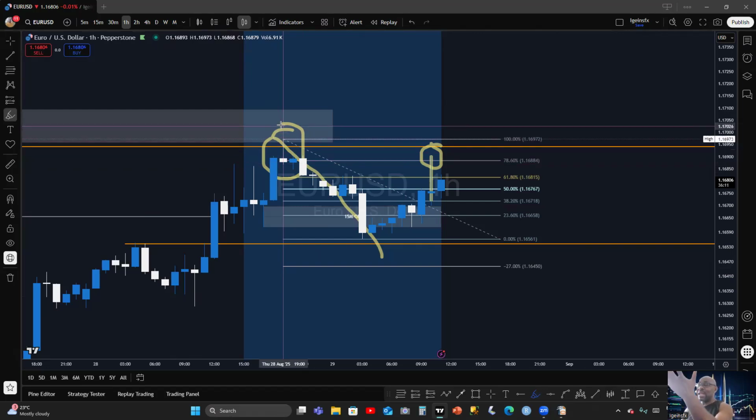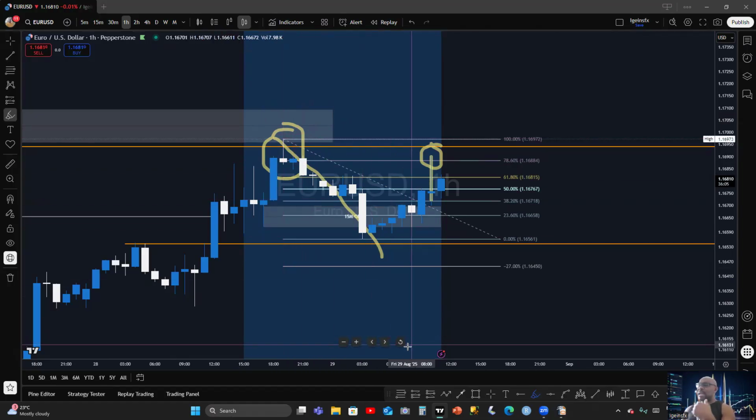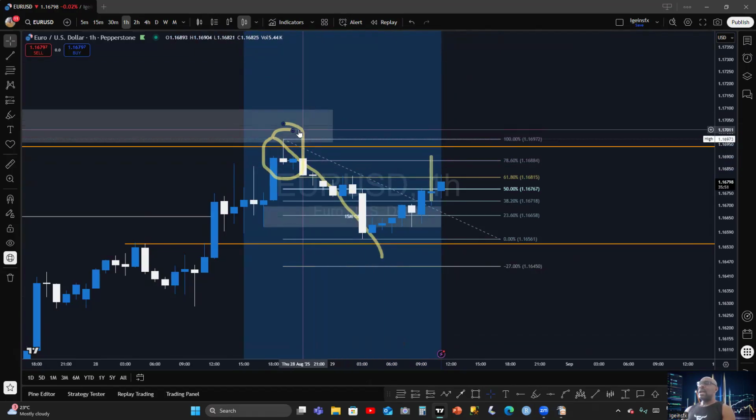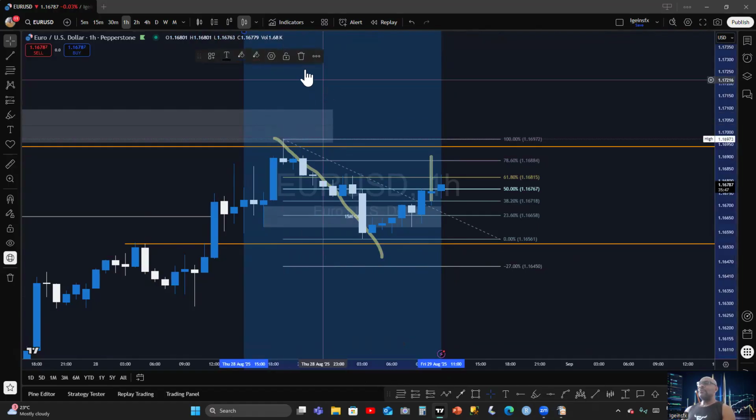Once you know that it appears at a resistance level, you just go, okay, it's time to sell. If it appears at a support level, oh, it's time to buy. You know that, okay, sellers are in the market or buyers are in the market. So it's like that. As simple as this, guys. You don't need to stress yourself. All you need to do is key in to